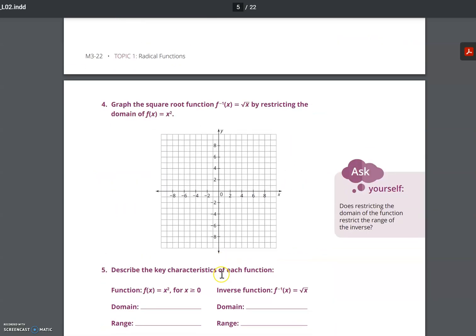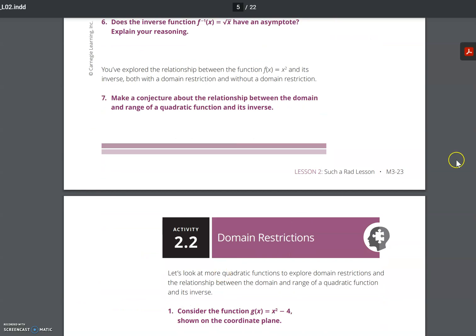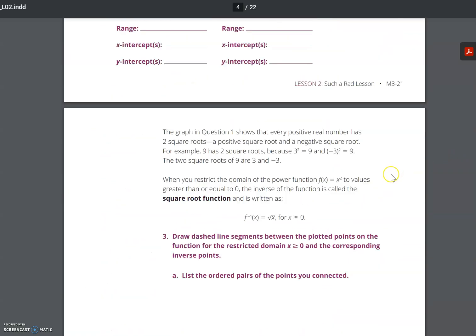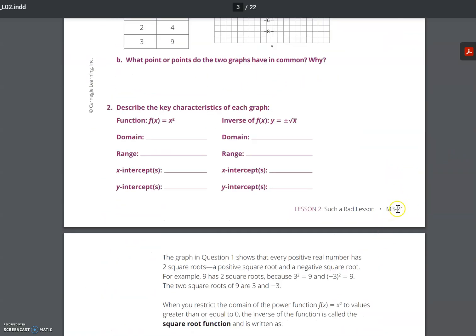And so it will be from page M321 to page